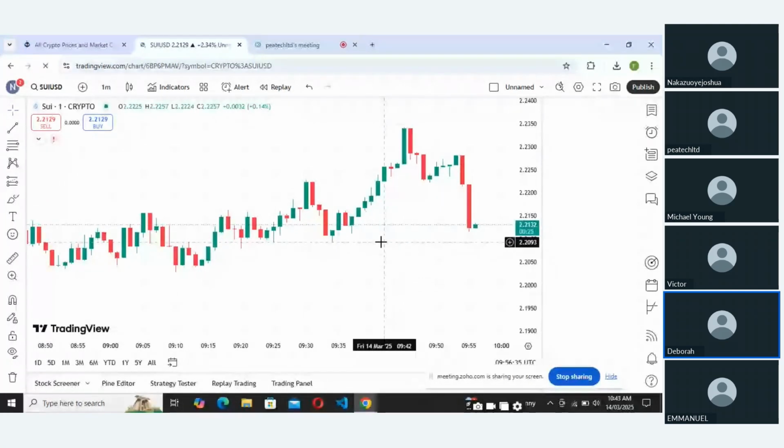Okay, so it's coming up. So this is SUI USDT, and in analyzing which trend, if it is a bullish or a bearish trend,